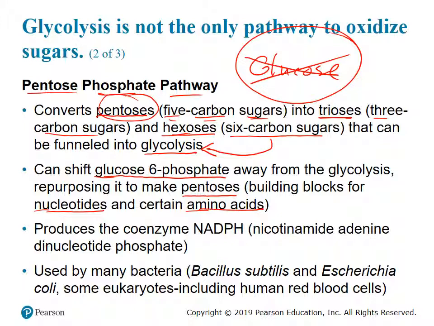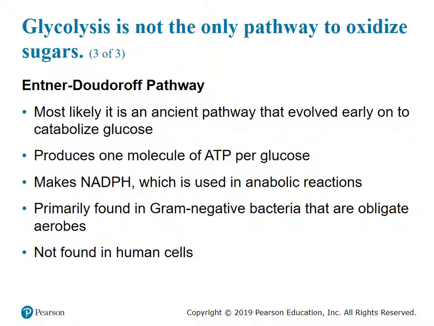So, in fact, the pentose phosphate pathway gets used in many bacteria. Bacillus subtilis uses this pretty frequently. Even E. coli uses this, and other bacteria, as a way to harness and make ATP in an alternate pathway. We call this pentose phosphate. Okay. What we call the Entner-Doudoroff pathway, sometimes known as the ED pathway for short,